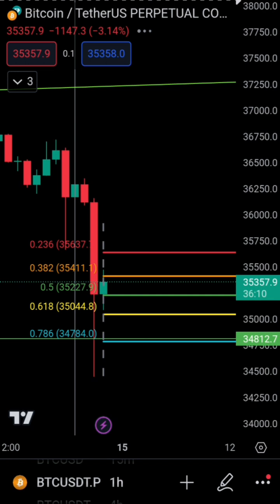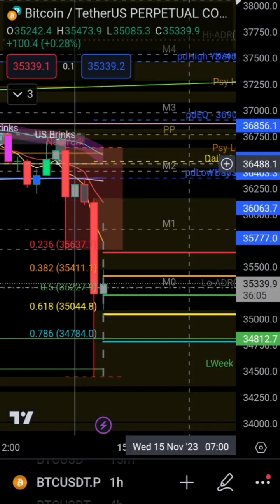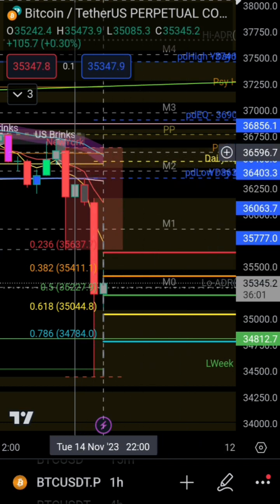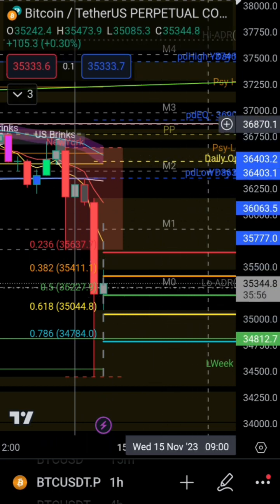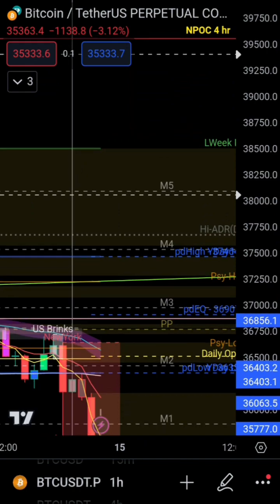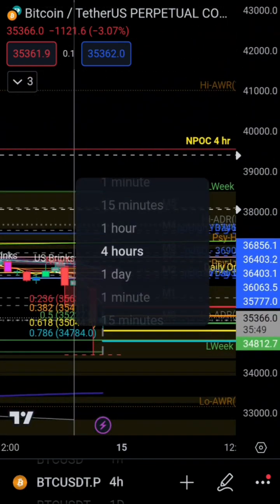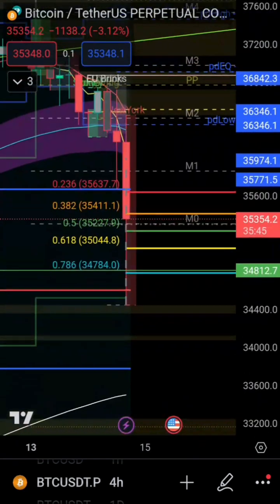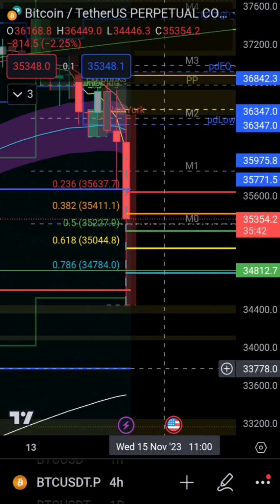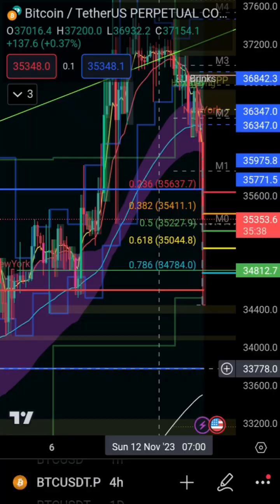Now the daily open of today's daily candle is at around 36,500. If Bitcoin can't get above that, then you expect a lower move. It will coincide with the 50 EMA on the hourly chart, and 36,850 is your next NPOC, and you have 39,555, and on the 4 hourly you have 42k as another NPOC. To the downside, you have the value area low of this range at around 33,777. See, the value area low is at 33,778.